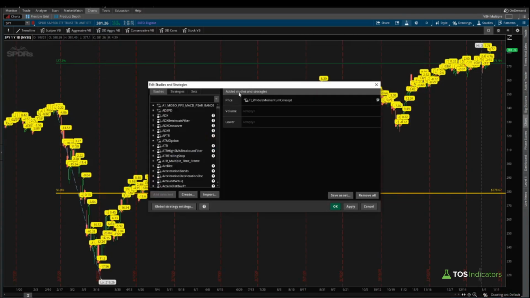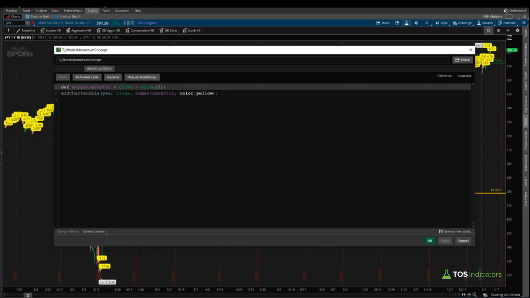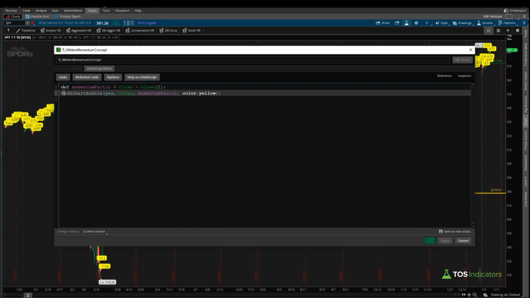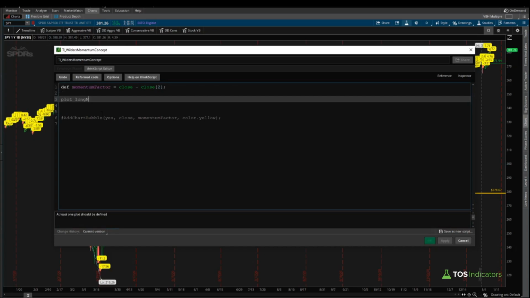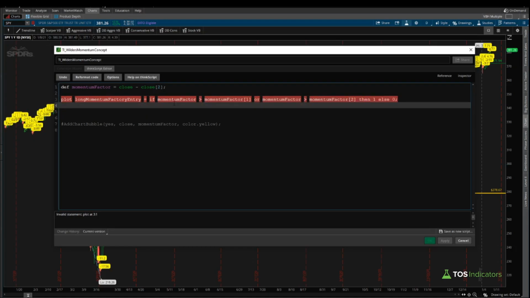Now let's come in and actually start by defining the long and short entries here. So I can comment out our add chart bubble. And now let's come in and say something like plot long momentum factor entry. And then here we said our momentum factor is going to be a long entry if we see that the momentum factor today is greater than either the momentum factor from the previous bar, or the momentum factor from the bar 2 bars ago, right? And so if we just say something like that, and we say then 1 else 0,